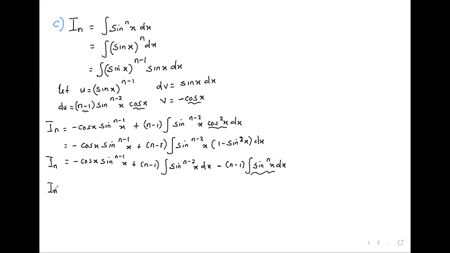So this is minus, so bring the other side as plus. So n I_n is equal to negative cos x sine^(n-1) x plus (n-1). Because everything, sine is here, x is here, dx is here, only the n part has changed, it has gone to n minus 2. So this one can carry the name I_(n-2). But this one and this one will cancel. So we remain with I_n is equal to